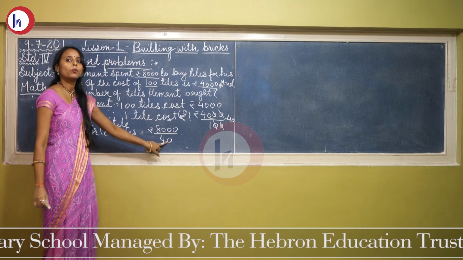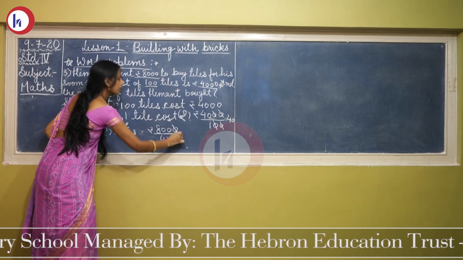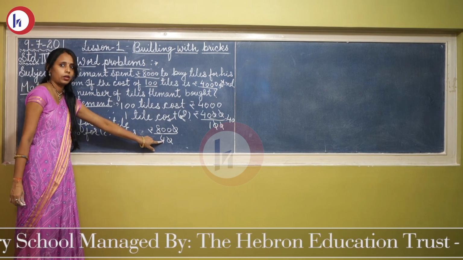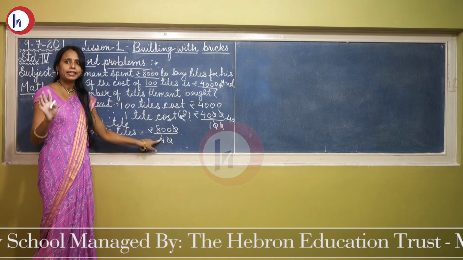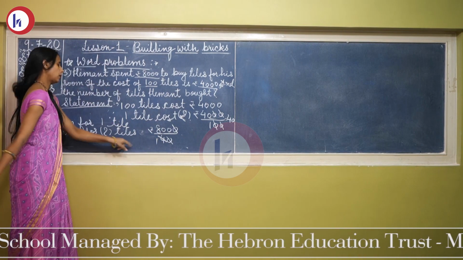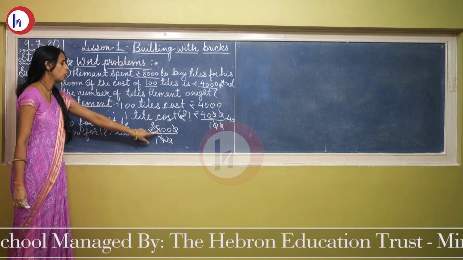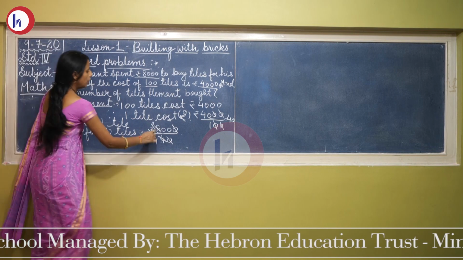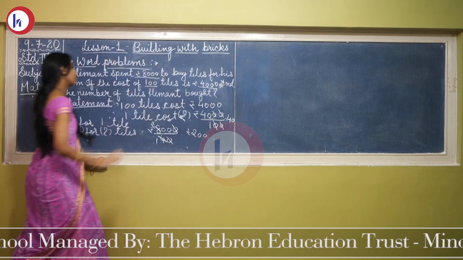Now see, here is only one 0 and here is 30. So one 0 will be cut from this one. Now here is 4 and here is 8. In the table of 4, 4 will come one time and 8 will come two times. So 4 will be cut by 1 and 8 will be cut by 2. That means 4 1s are 4, 4 2s are 8. Now 20 is here. So the answer will be 200.